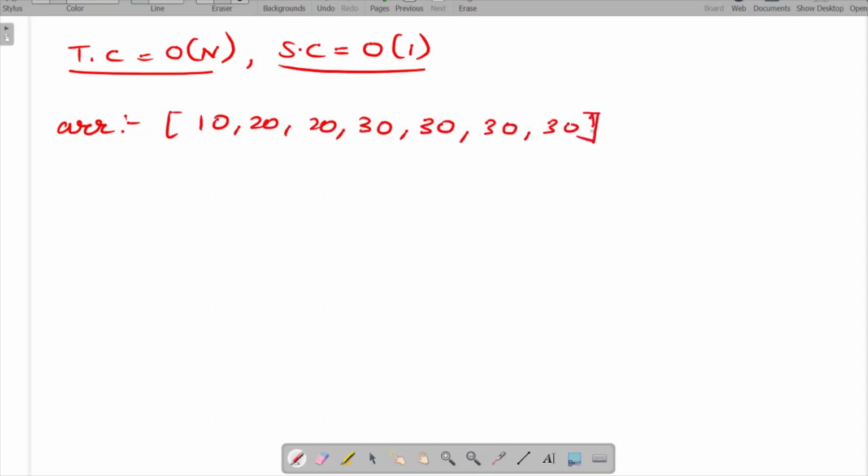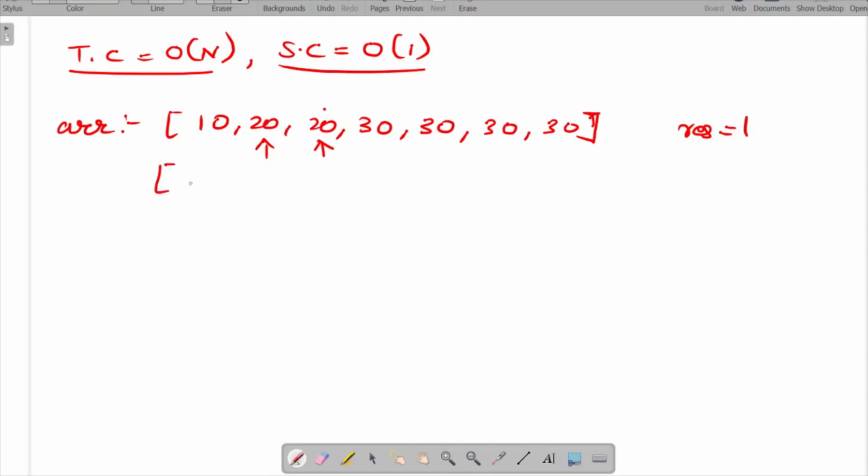So in this case what we are going to do is we will have a result value as 1 initially, and we will start from our first element. Now we will compare 20 with 10. Since they are not equal, we will simply enter 20 at this position only. So 20 will be entered here. Now we will increment our value. Now we will compare 20 with our previous value, so 20 will be compared with 20. Since they both are equal, we will not make any entry at this position and we will simply move ahead.